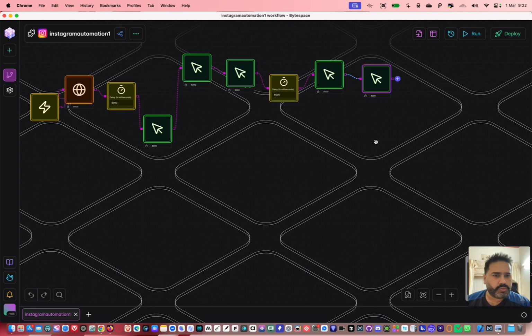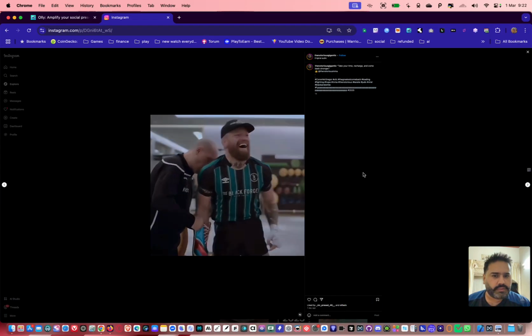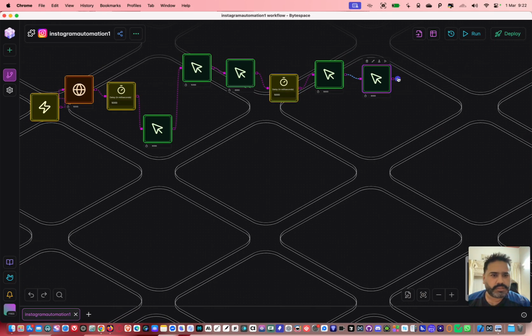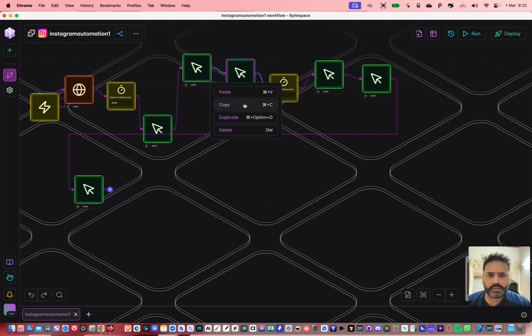So now we have to repeat the same task here, right? But we don't need to come back here again. We just start from here, copy, paste, and just add it here. This is the first one, this is the second one, copy, paste. Because it's a repeating task, if for example you are doing it, you're going to do it the same way, right? There's no other way. And then again delay,